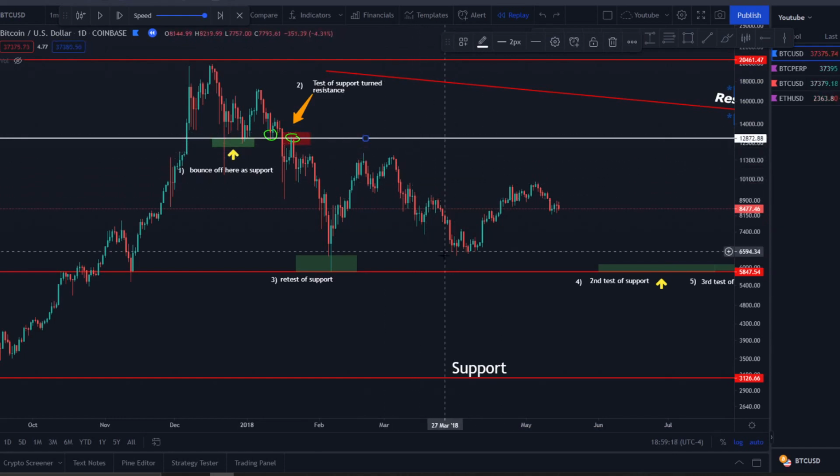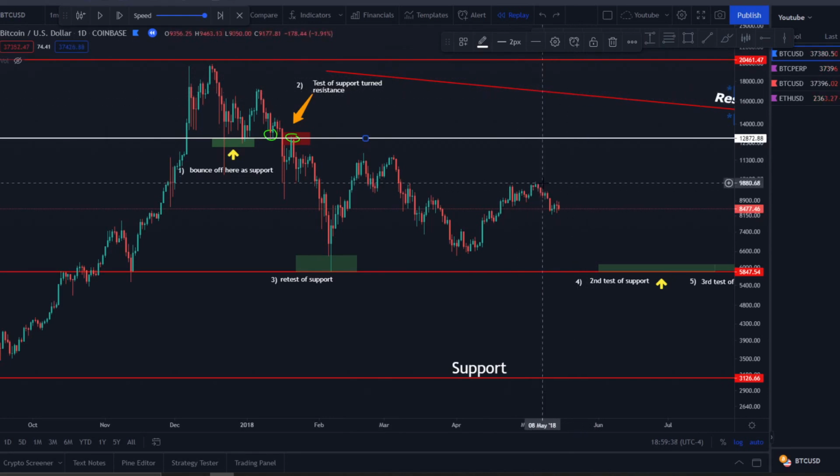But over time, once price action plays out a little bit, you can start identifying support and resistance a lot easier. You have to let consolidations and the structure of the market play out so that you can see what is actually going on. So back here you couldn't really tell what was going on, but